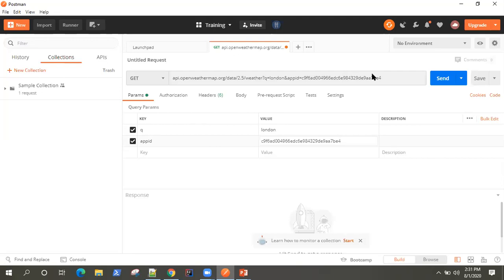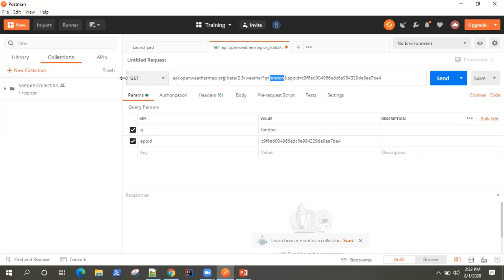As you can see, it has constructed this URL, which consists of two parameters. One is the city name, so Q equals London, and app ID equals this. These are the two parameters through which it's going to filter the results out of this endpoint. There will be lots of results returned by this particular endpoint, but we want them filtered by location London. Similarly, with different API requests, you can choose different query parameters, depending on how your API is built, okay?